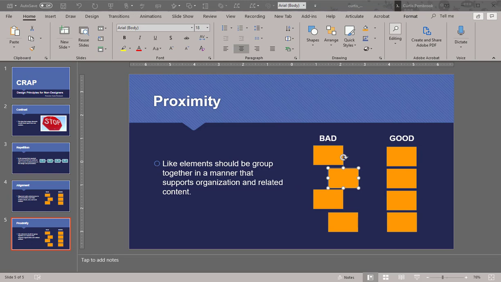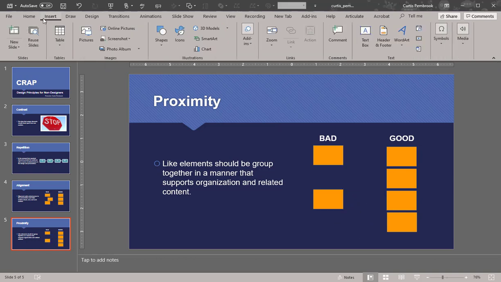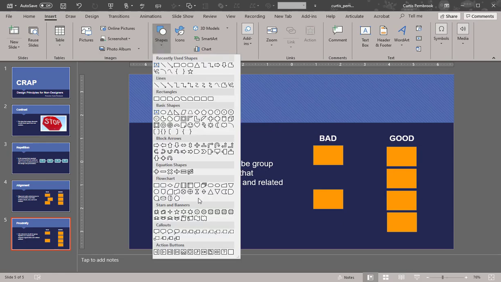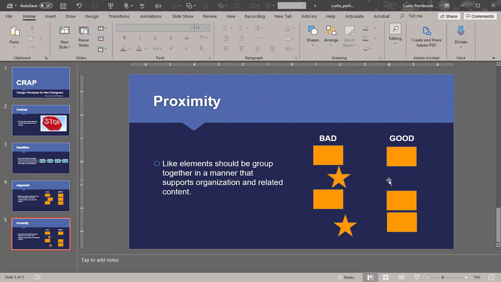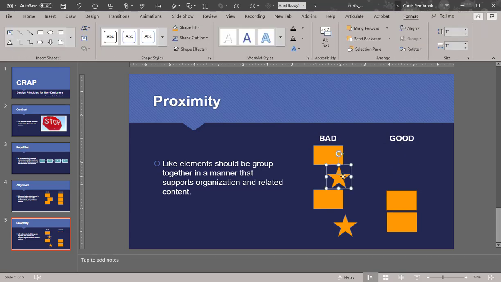Well, I'm not going to use these two boxes here. What I'm going to do is delete it instead of changing it, and let's go ahead and we'll insert another shape. Let's insert two stars, and we can just click and drag and change the fill on it, and Control C and Control V, and we'll put a couple of stars here, and we'll delete this here and delete this here, and let's copy these stars,